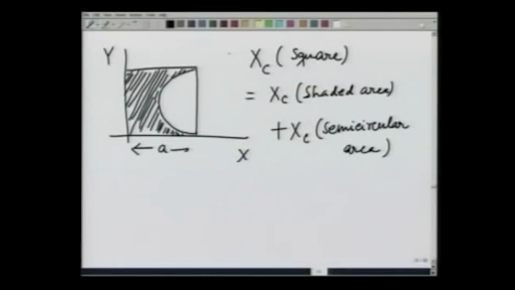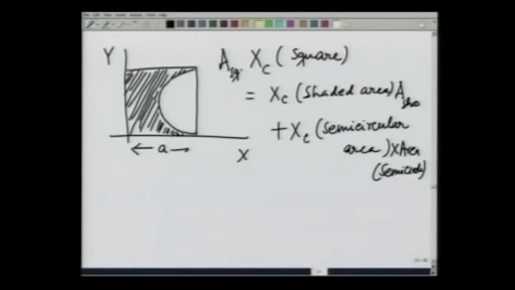Area of the square times the centroid of the square is going to be equal to area of the shaded area times the centroid of the shaded area plus XC centroid of the semicircular area times the area of the semicircle, and therefore, XC of the shaded area